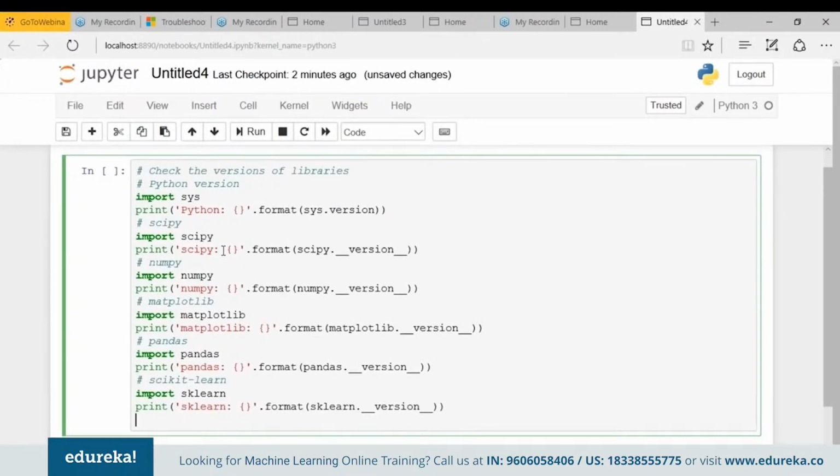Okay, first let me summarize things for you. What we are doing here is just checking the version of the different libraries. Starting with Python, we'll first check what version of Python we are working on. Then we'll check the version of SciPy we are using, then NumPy, Matplotlib, then Pandas, then scikit-learn. So let's execute the run button and see what are the various versions of the libraries which we are